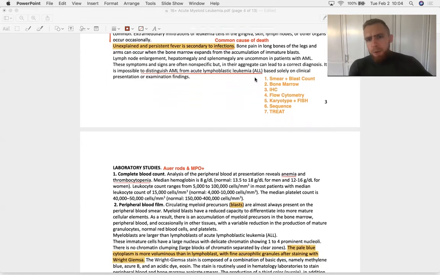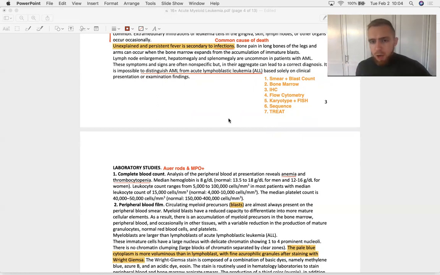How do you work it up? Wrote out some steps here. Essentially, when you recognize the symptoms, you take a CBC, you see that the counts are off. And so to rule out leukemia, you need to get a blood smear. You look at the blood smear, you see blasts in the blood, you say, uh-oh, you take a bone marrow,